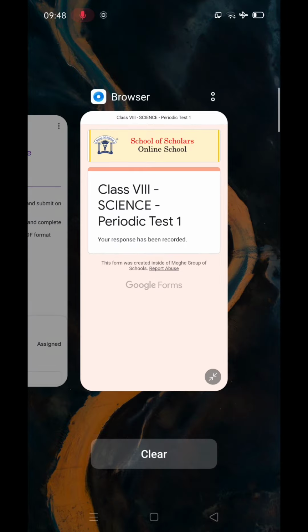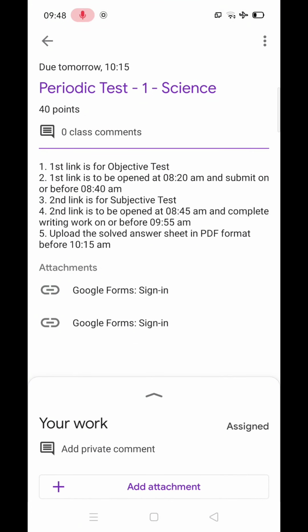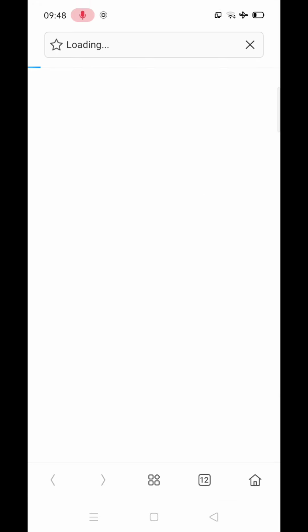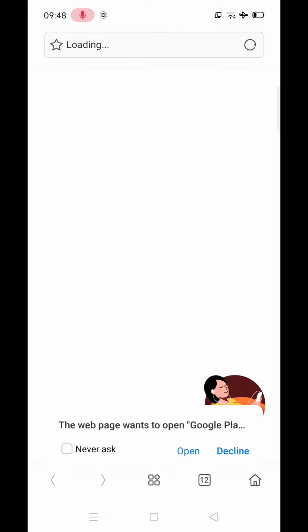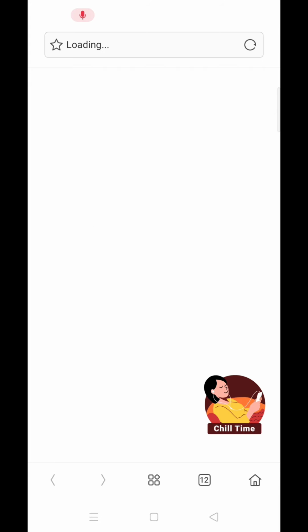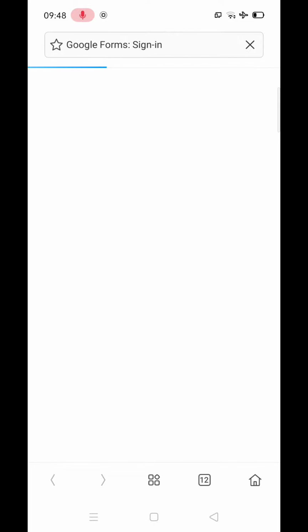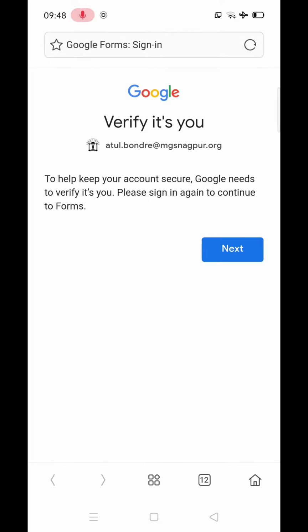The next step is again to go to your Google Classroom window and open the second link, which is for the subjective test. Again make sure that you are logged in with the correct mail account.